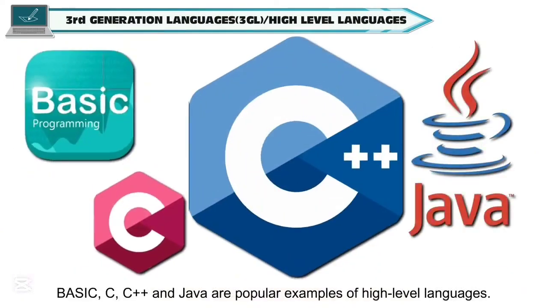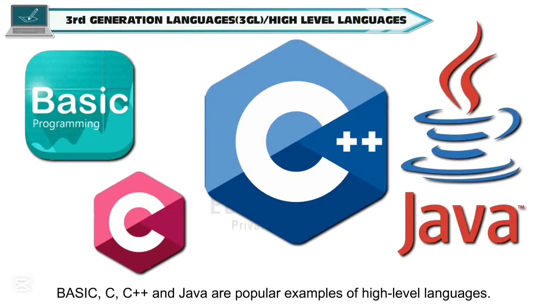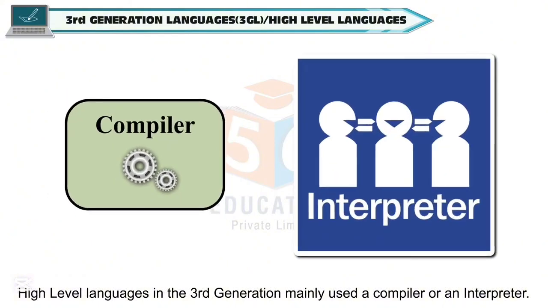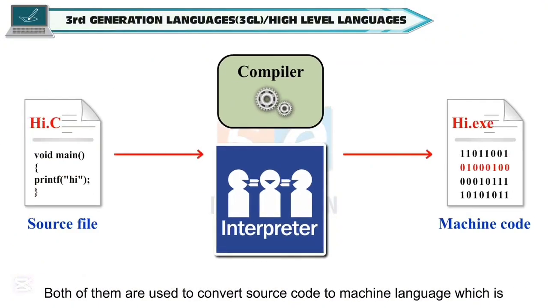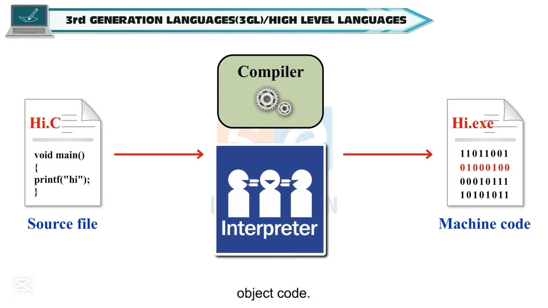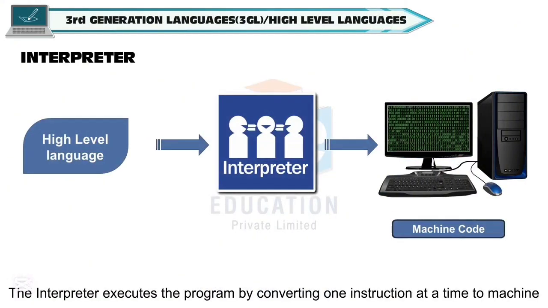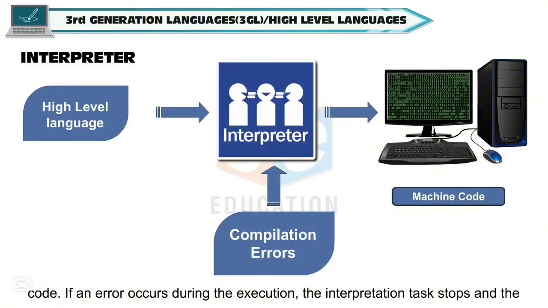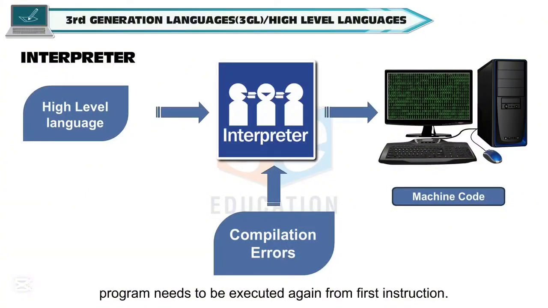BASIC, C, C++, and Java are popular examples of high-level languages. High-level languages in the third generation mainly used a compiler or an interpreter. Both of them are used to convert source code to machine language, which is object code. The interpreter executes the program by converting one instruction at a time to machine code. If an error occurs during the execution, the interpretation task stops and the program needs to be executed again from